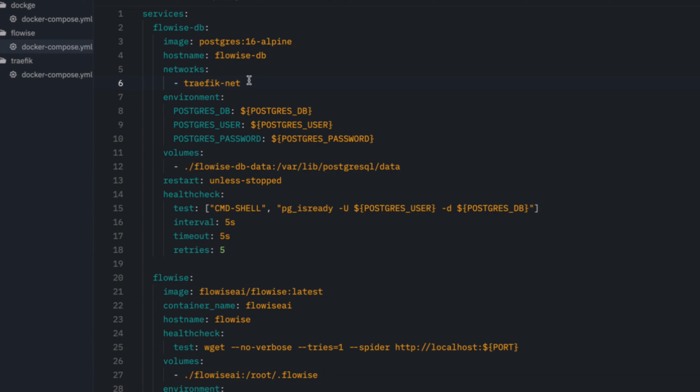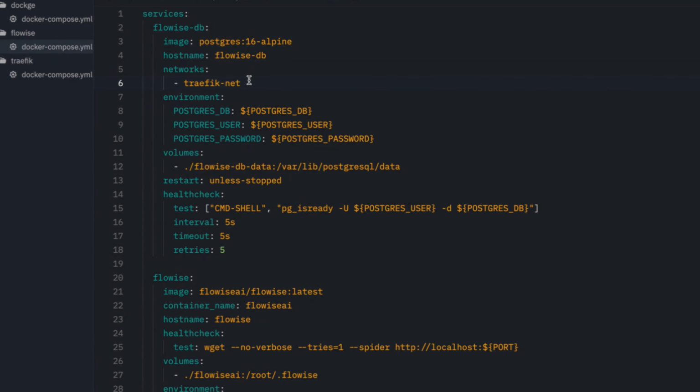And in here for the database, the recommendation, if you want, is to create different external networks. Basically, you can create one for your front end like Traefik.net and one for your backends, and you can put the network for the backends in here